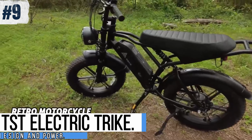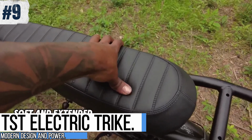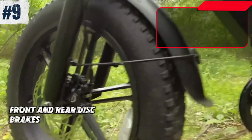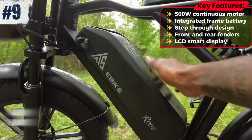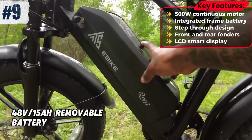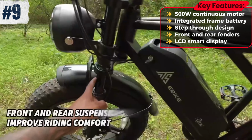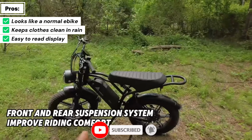Number 9. The TST Electric Bike. At number 9, we're switching gears with the TST Electric Bike. If you want two-wheeled agility mixed with next-level electric power, this is a top contender. The TST features a sleek aerodynamic frame that looks just as fast as it rides. It boasts an ultra-responsive pedal assist system and a thumb throttle that gives you an instant burst of speed